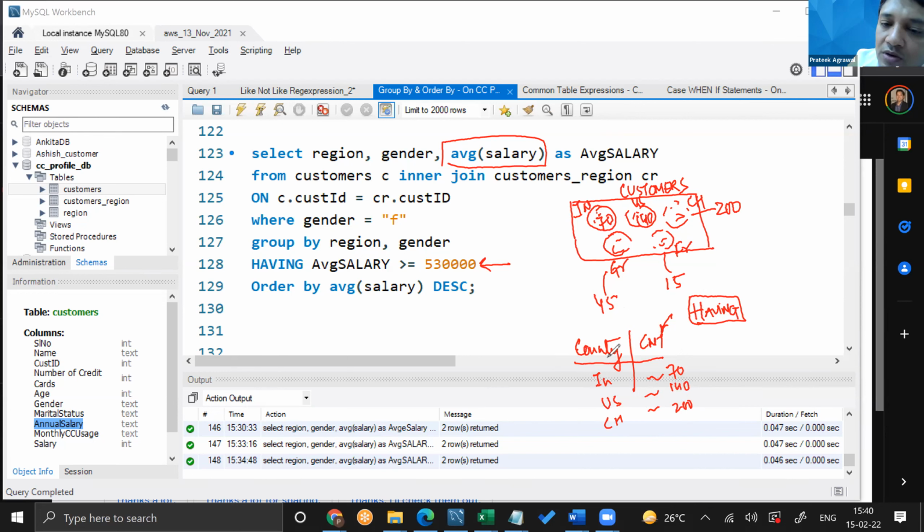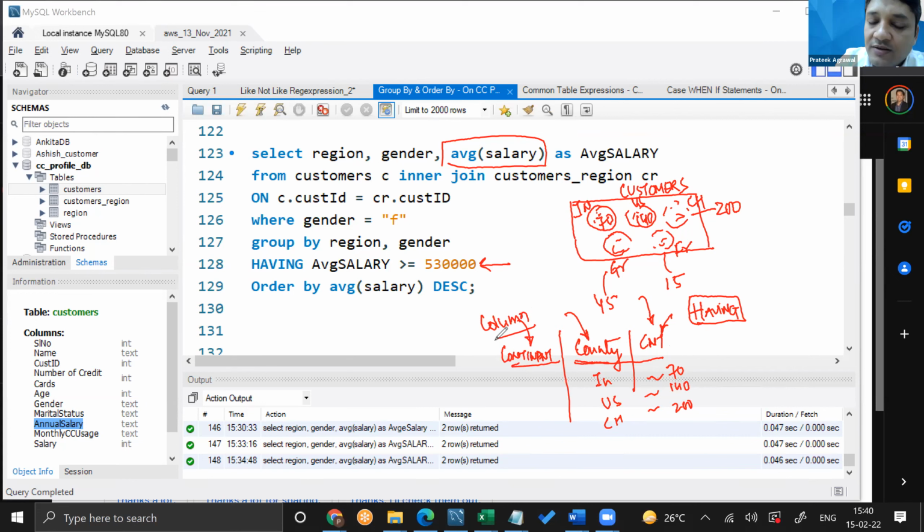Now, imagine if there was one more condition and we said we are only interested in Asian customers. Is that a condition applied on one of the group functions, or is that a condition applied on one of the table's columns? Let's say there is a column called continent. So it is a column, right?